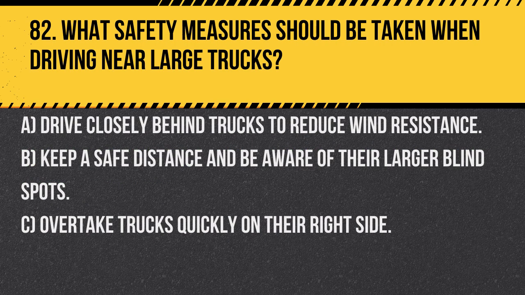Question 82. What safety measures should be taken when driving near large trucks? A. Drive closely behind trucks to reduce wind resistance. B. Keep a safe distance and be aware of their larger blind spots. C. Overtake trucks quickly on their right side. Answer: B. Keep a safe distance and be aware of their larger blind spots. It is important to give large trucks ample space because they have larger blind spots and require more time to